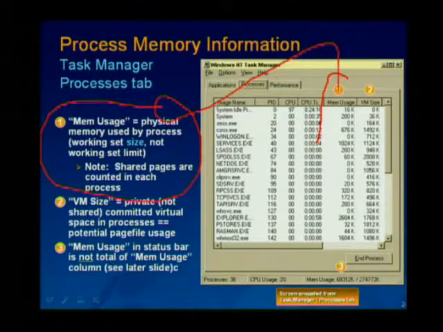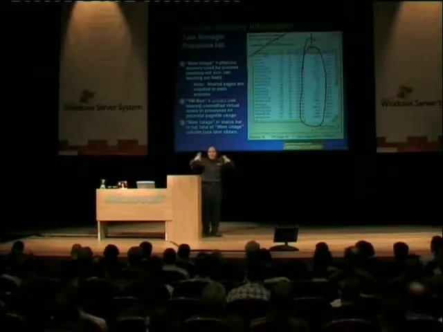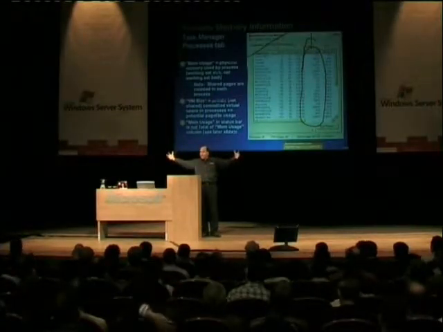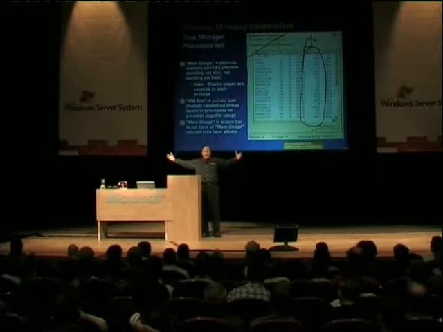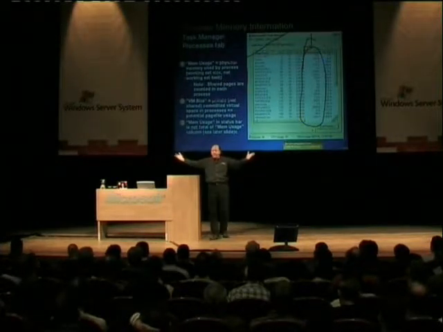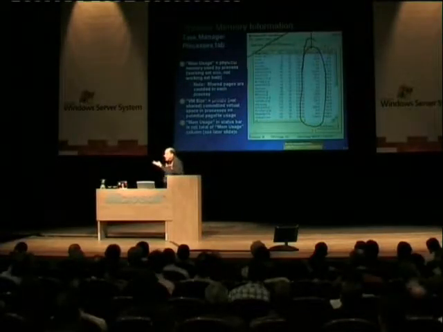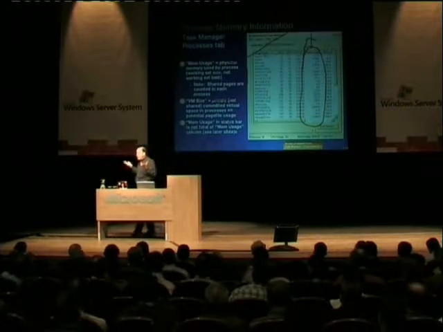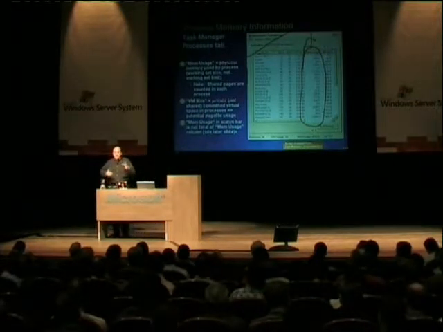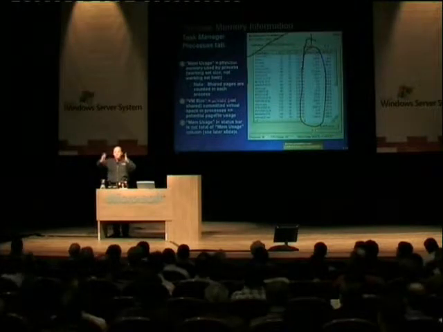And you know what? The app has no control over that, effectively. It's up to the memory manager. The memory manager decides when a process's physical memory can grow. And like I said before, when the threads in a process go idle, what does the memory manager do to the working set? Trims it down. So the app has no control of the working set size. The memory manager does. It's an interesting number to look at, but it's not really the right indicator of a memory leak. A process with a memory leak will have a working set that goes to a point, and then